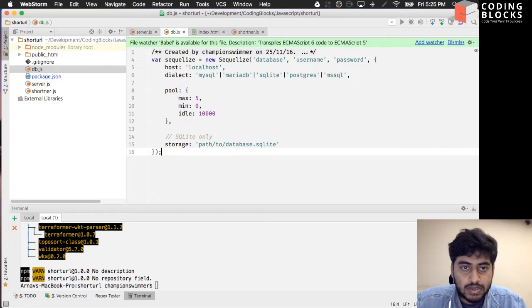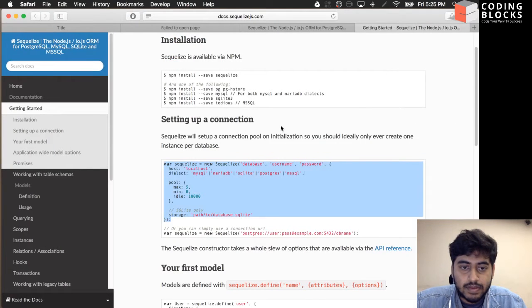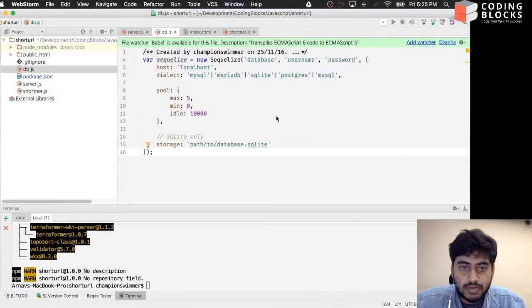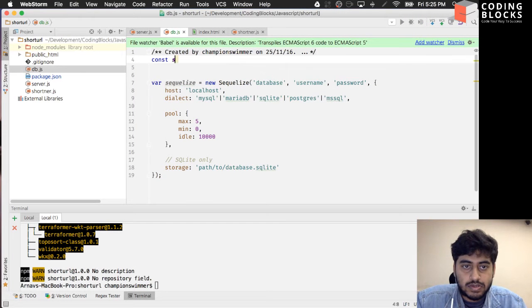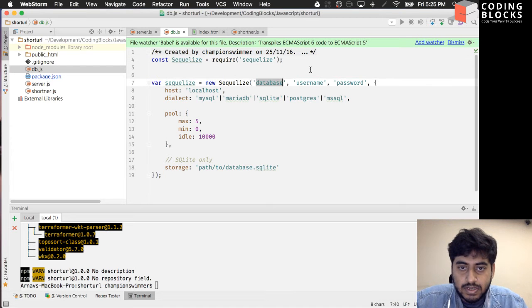What I need is to import Sequelize, of course, first. Const Sequelize equal to require Sequelize. Then var sequelize equal to new Sequelize,